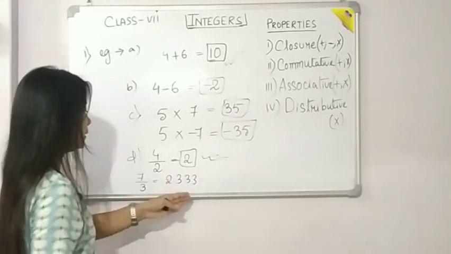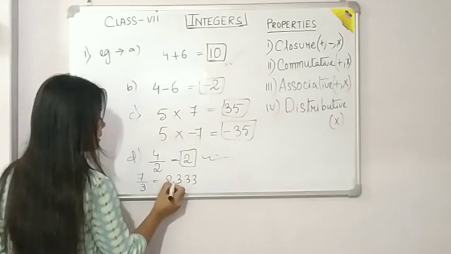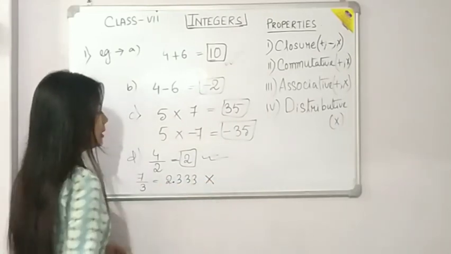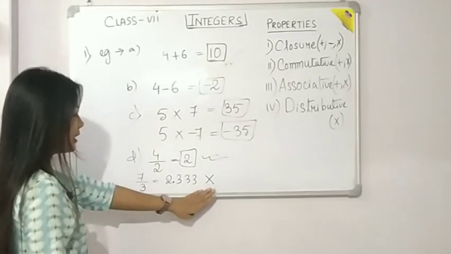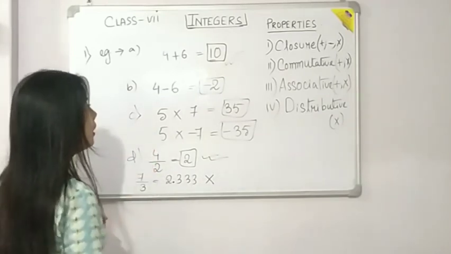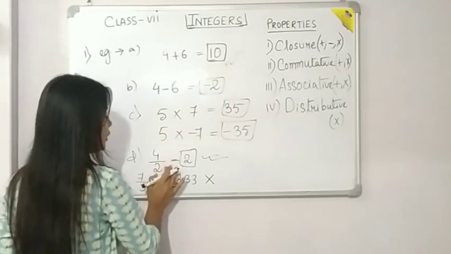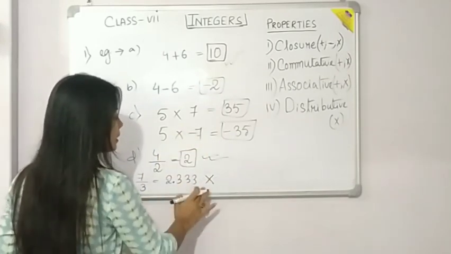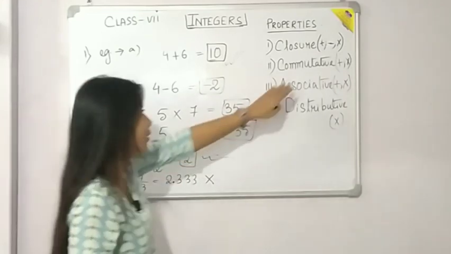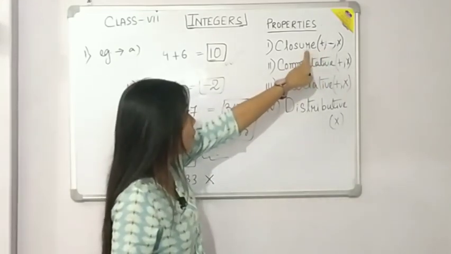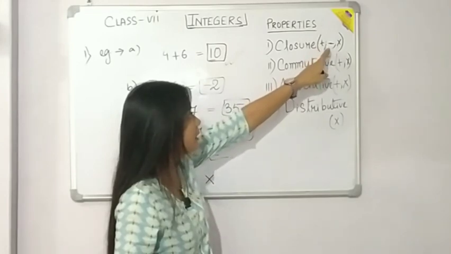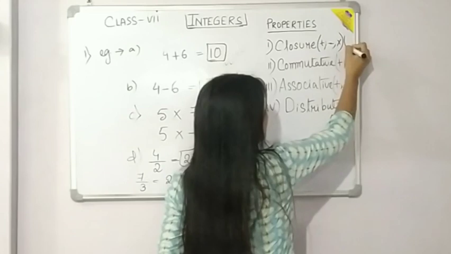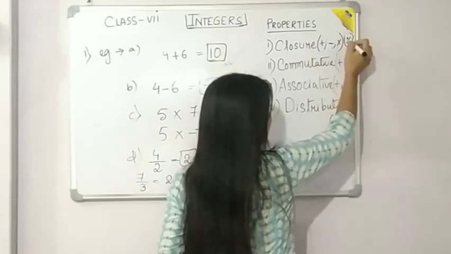And it will go on like this. So what is coming? The answer is coming in decimal. But what did I say? That we will not consider any decimal, neither fraction, in integer. So closure property under division follows sometimes, but sometimes it doesn't. So for that I have written only closure property is applicable for addition, subtraction and multiplication, but sometimes it follows for division also, but not every time.